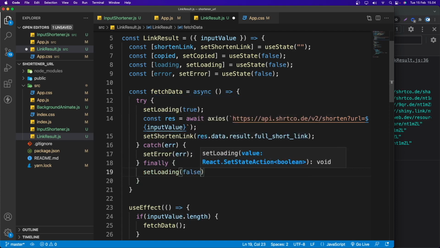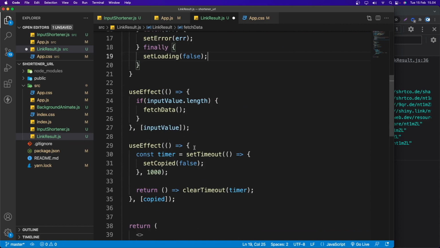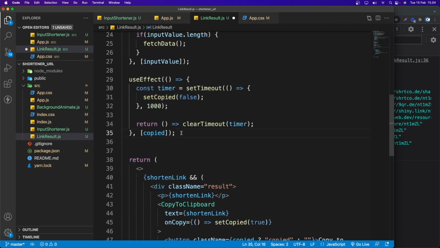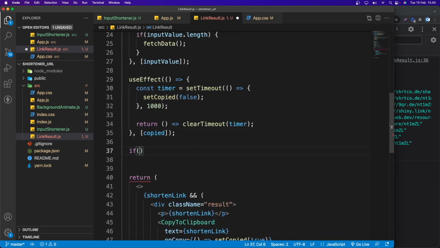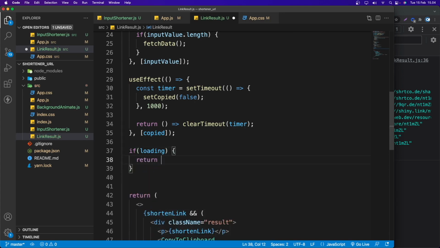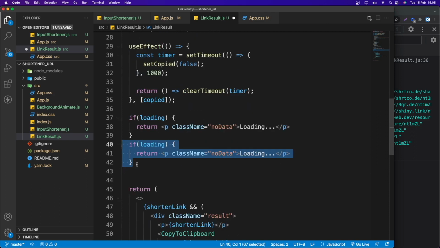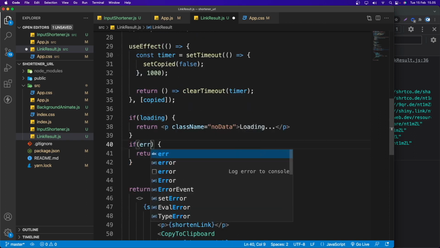All right, nice. So in here we need to check if the loading is true. We need to return a p tag here. I'm gonna say loading, and let's add a class name set equal to, let's say, node data. I'm gonna copy this if loading, and down here it's basically the if error.